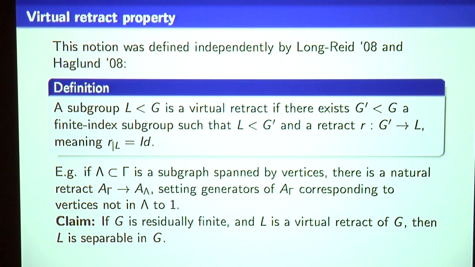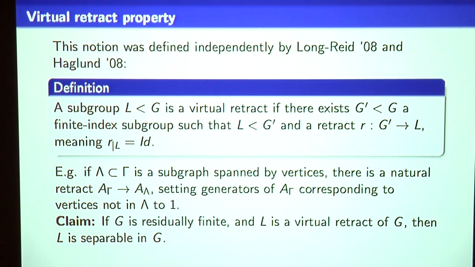to the trivial element. So the claim is that if you have a residually finite group and you have a subgroup that's a virtual retract, then it's separable. So this is a nice elementary exercise in residual finiteness. Actually, it's easiest to prove this using what's called the profinite topology, but I didn't want to get into that